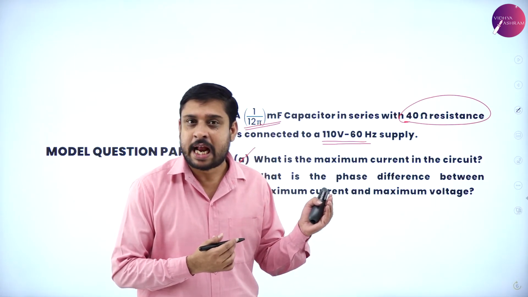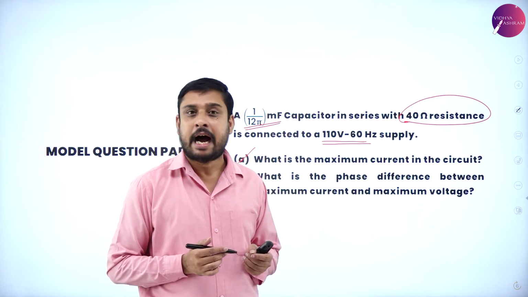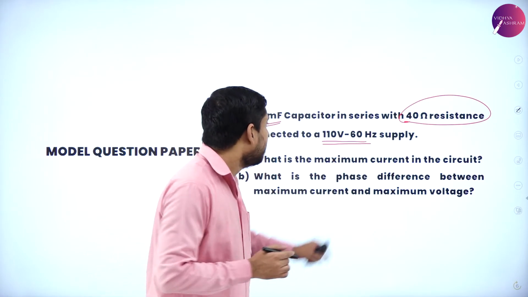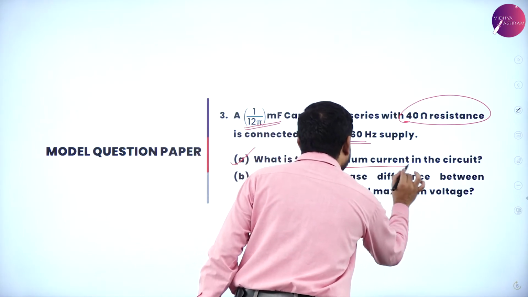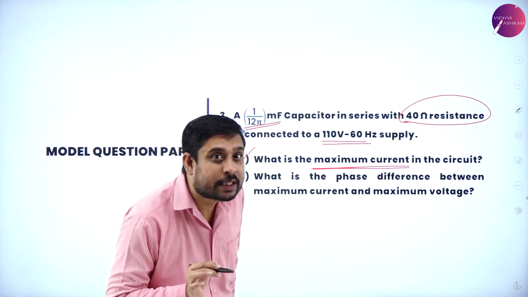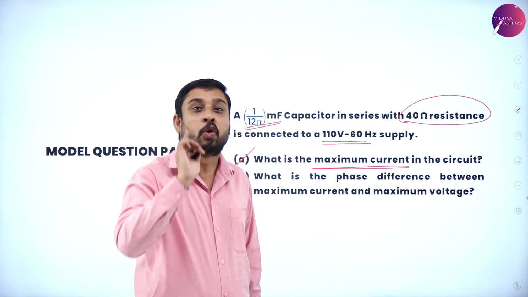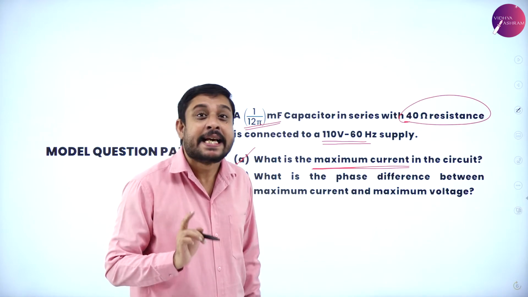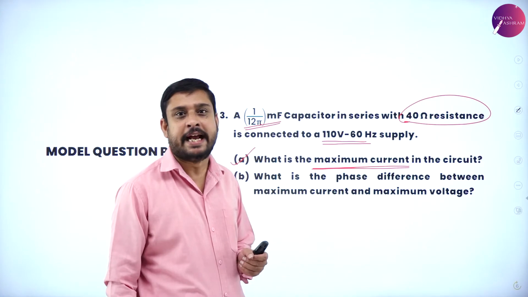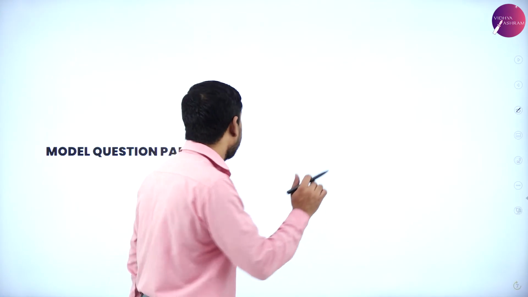I will first calculate the maximum current in the circuit. I have solved numericals on alternating current and I have taught such problems. To calculate maximum current, what do I need to calculate first? Impedance. To calculate impedance, since it is a capacitor, first we will calculate the capacitive reactance. So